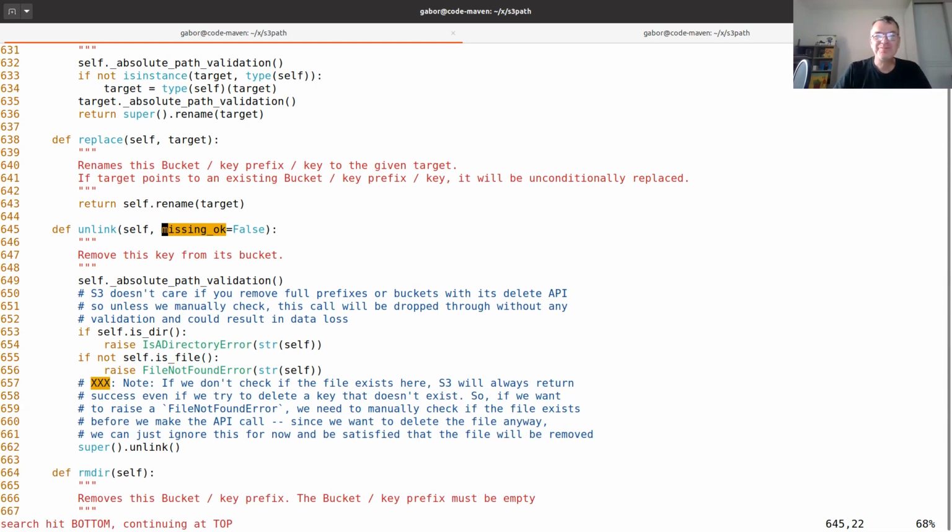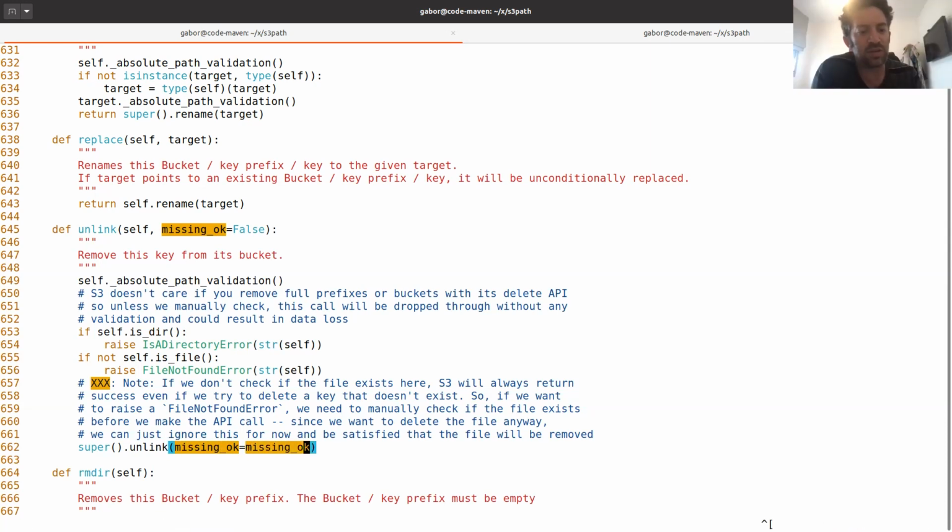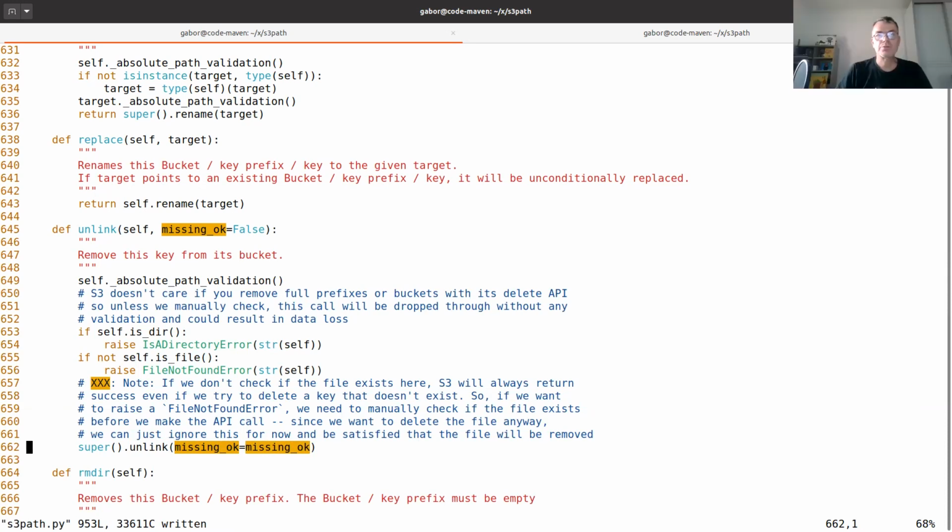Okay, whatever. So here we have two things that we need to do. First, the easy one is just to add to the super call the parameter that we are missing. So passing it here, missing_ok equal to missing_ok. Exactly. My best practice is always using named arguments instead of positional arguments, because you will never know in the future which other argument you will have, and you don't want to care about ordering.